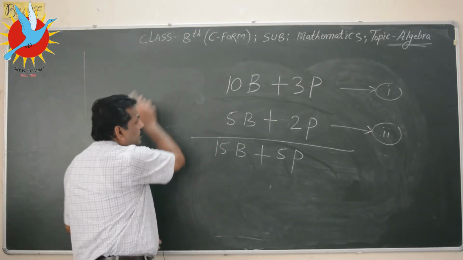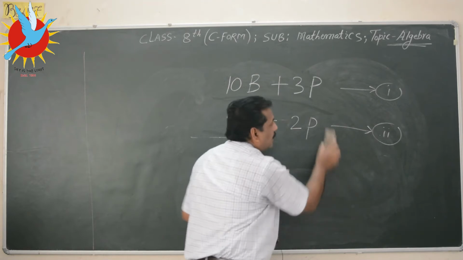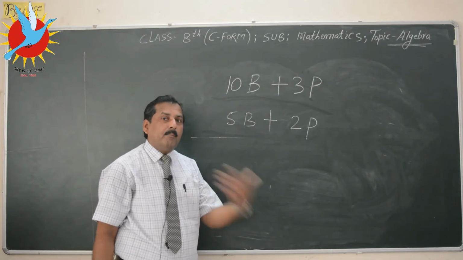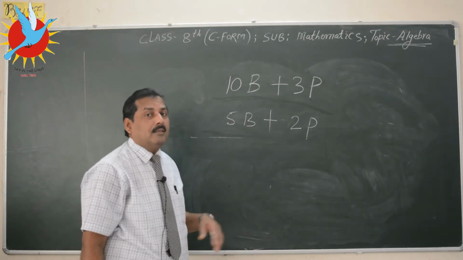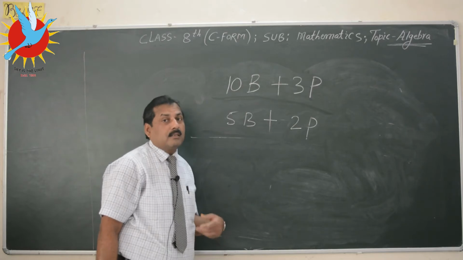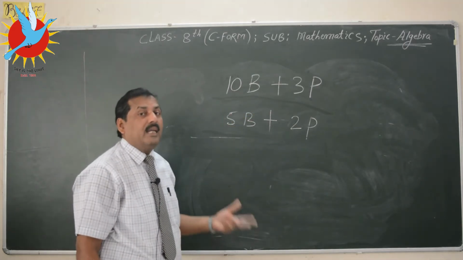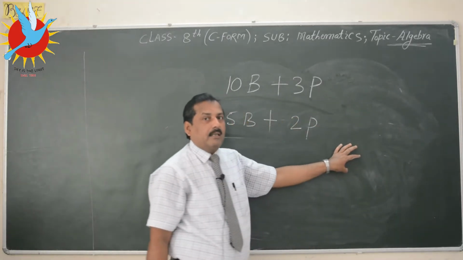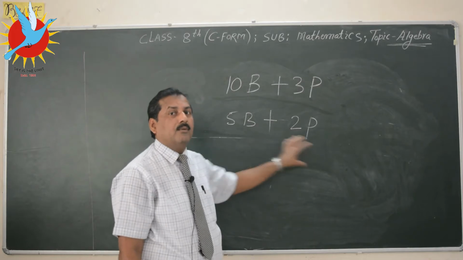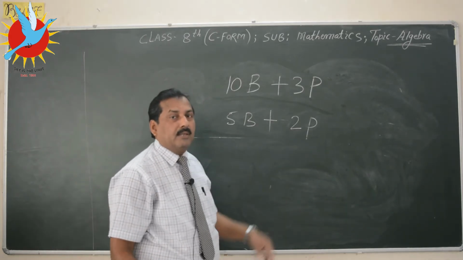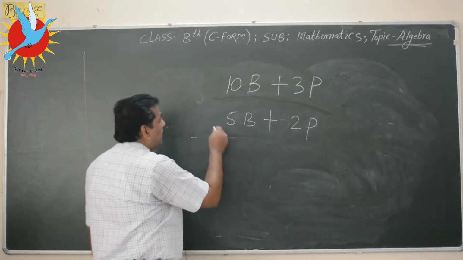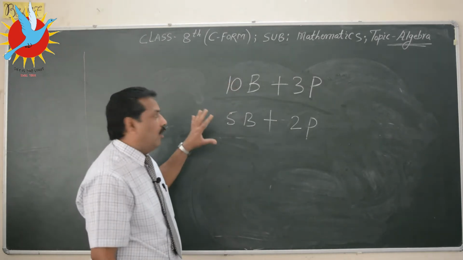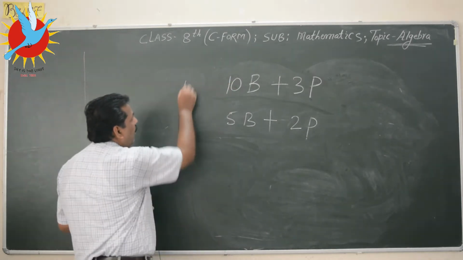Now let us subtract. Means you take the content of this second almirah and give it to somebody else. Then what will be the balance quantity, the balance number of books and pencils? So we have to subtract. So if this is the first almirah, and this is the second almirah content, you are going to give everything kept in the second almirah to your friend. This means you have to subtract this from this.